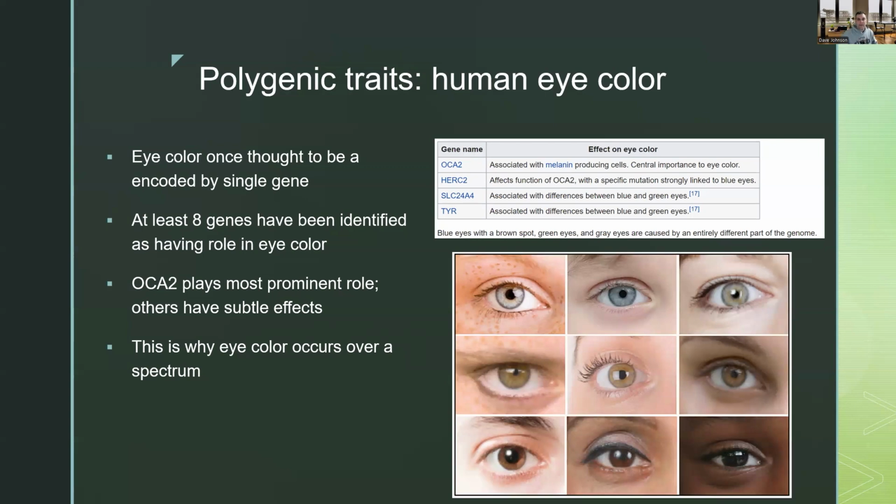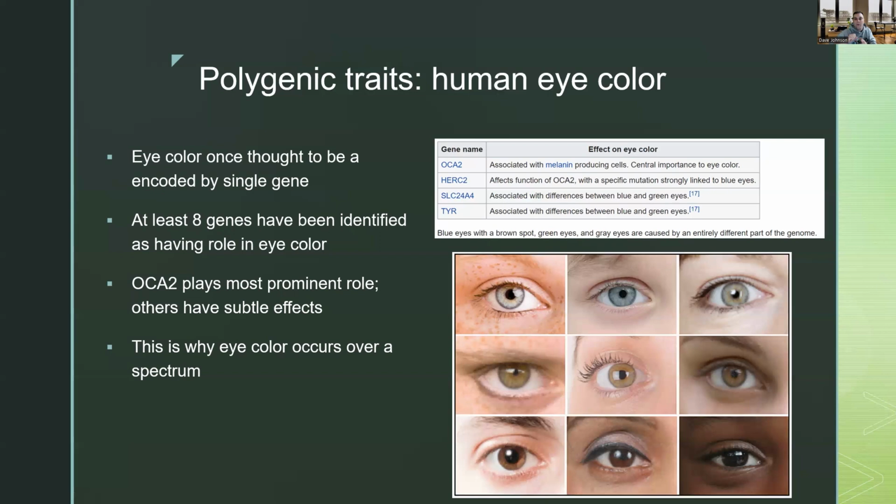We did used to think it was encoded by a single gene. So the gene that we particularly think about this is OCA2. OCA2 is associated with melanin-producing cells. This is really what determines brown eye, blue eye. All right, but these other 3 genes, HERC2, TYR, SLC24A4, these actually